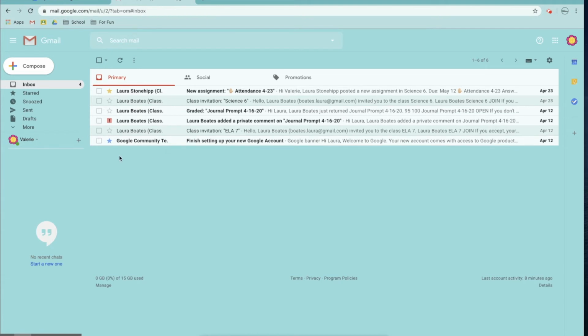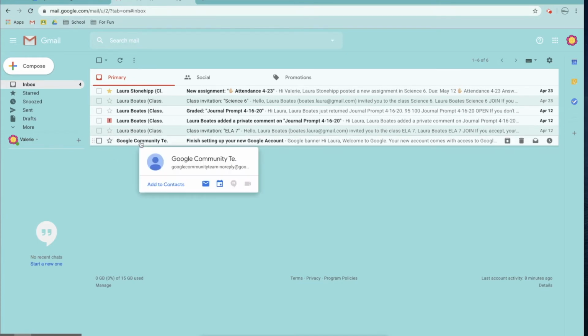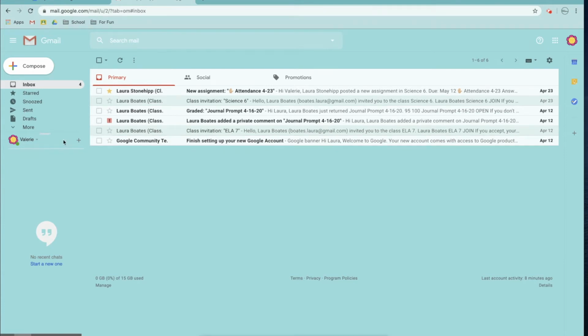So another thing that you can do, let's say I've read this email, I don't need it anymore, which is very true. It is just Google telling me that I haven't set up my account all the way. If I don't want it in my inbox, then I can put it over here in what we call a label. Now, before I get to labels, make sure that if you have your email set up this way,